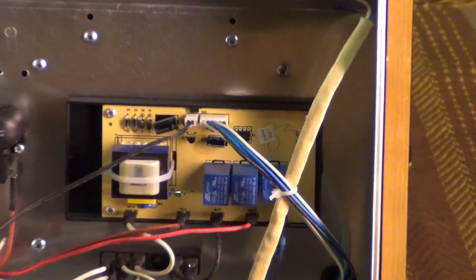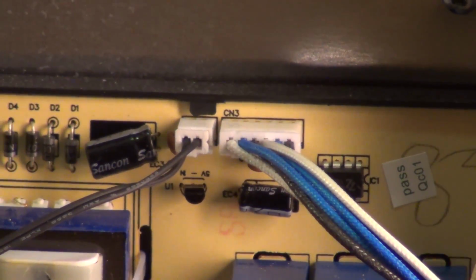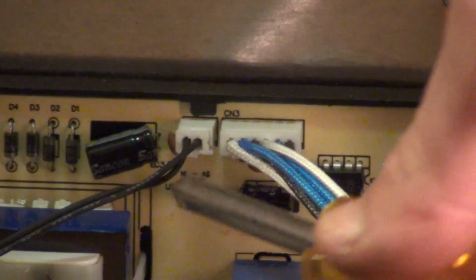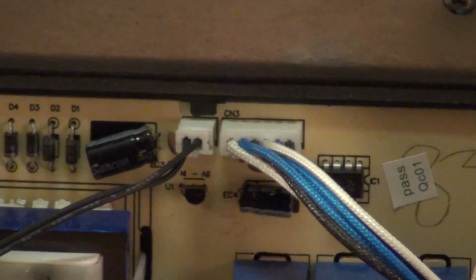What I had to do, on this connector right here, was remove some hot melt glue that was located on the bottom of these 2 connectors. This connector here is actually your temperature sensor for the air coming in. It's a 2-wire connector, but this one had hot melt glue, and again I have nothing to lose because it doesn't work. It intermittently shuts out. I did remove the glue carefully enough that I didn't damage the capacitor underneath it. So now I'm just going to unplug this connector,